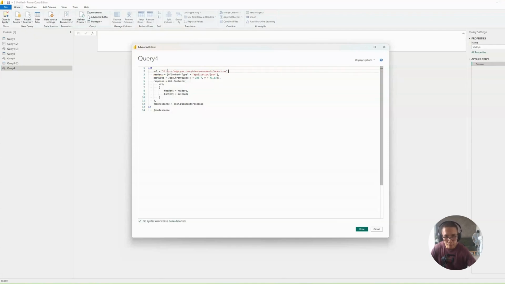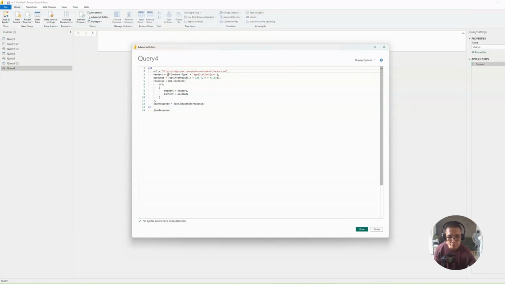And remember when we're using the advanced editor, after each step we need to use a comma, unless that step is immediately preceding the in clause or the in keyword. So we have our